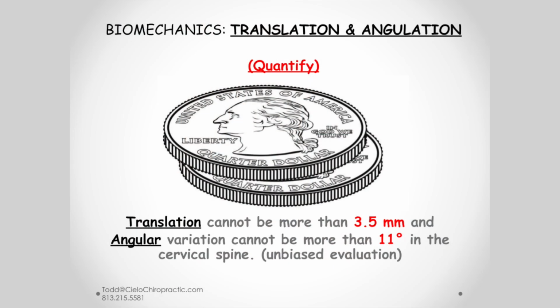A quarter. The height of a quarter is 1.75 millimeters. If you put 2 quarters on top of each other, that's 3.5, and that's what the AMA guideline recognizes. If the bone is traveled anterior to posterior more than 3.5 millimeters, it's an impairment rating of 25%, and that's with a negative MRI. Did you hear that? If it moves 3.5 millimeters or 11 degrees with a negative MRI, it could be a 25% impairment rating per